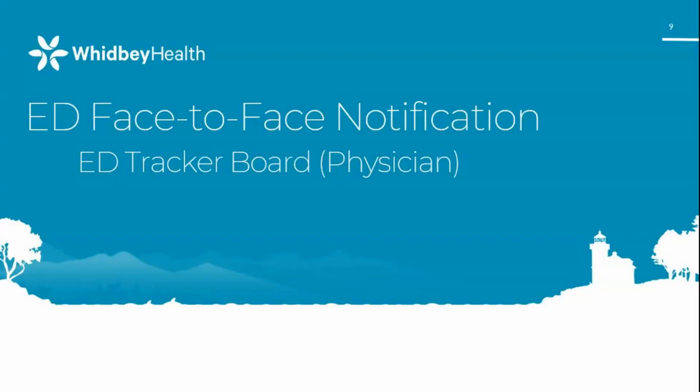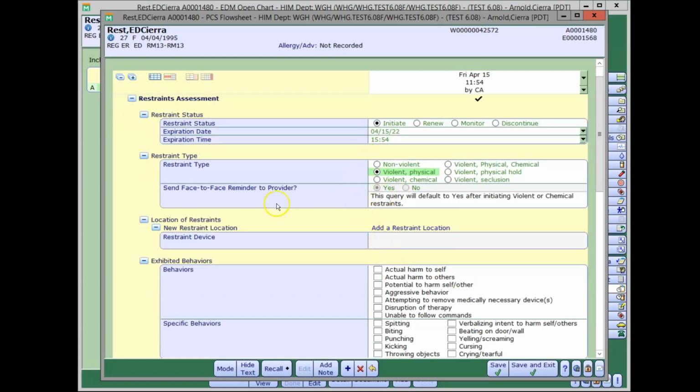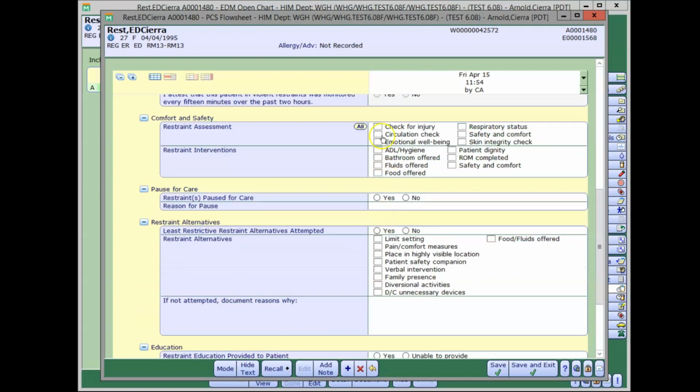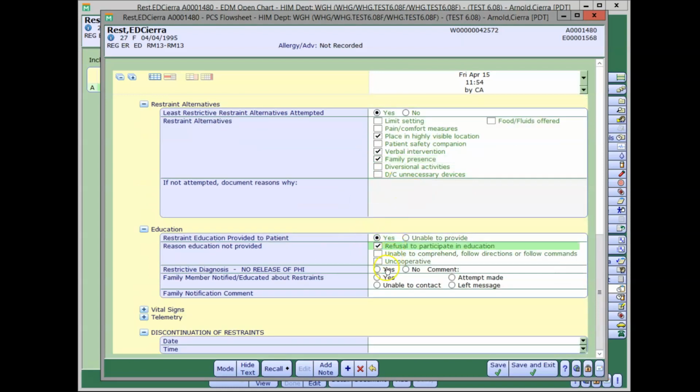So lastly, for our ED nurses, I wanted to show you how the face-to-face notification works for you guys, because there are a couple of extra steps. So I'll click initiate, I'll say a violent restraint. Our expiration date and time is populated. Our face-to-face reminder has populated as well. That's going to be sent off, and we're just going to chart. When I click save and exit,